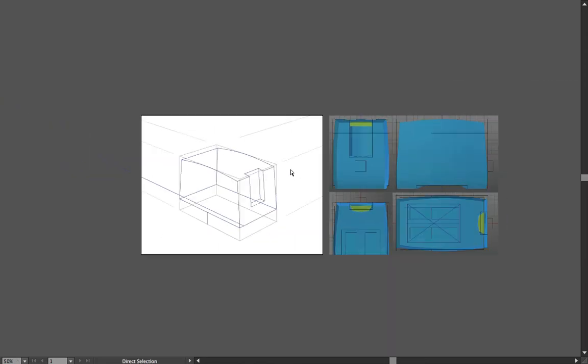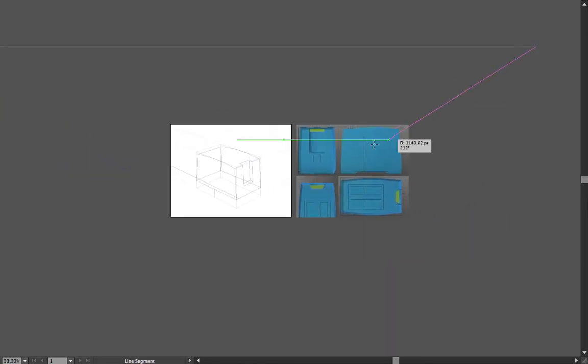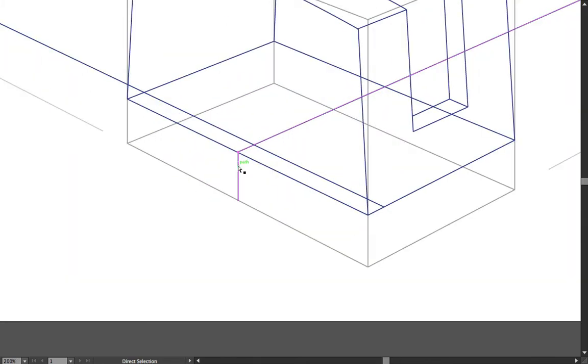And then from the right vanishing point,